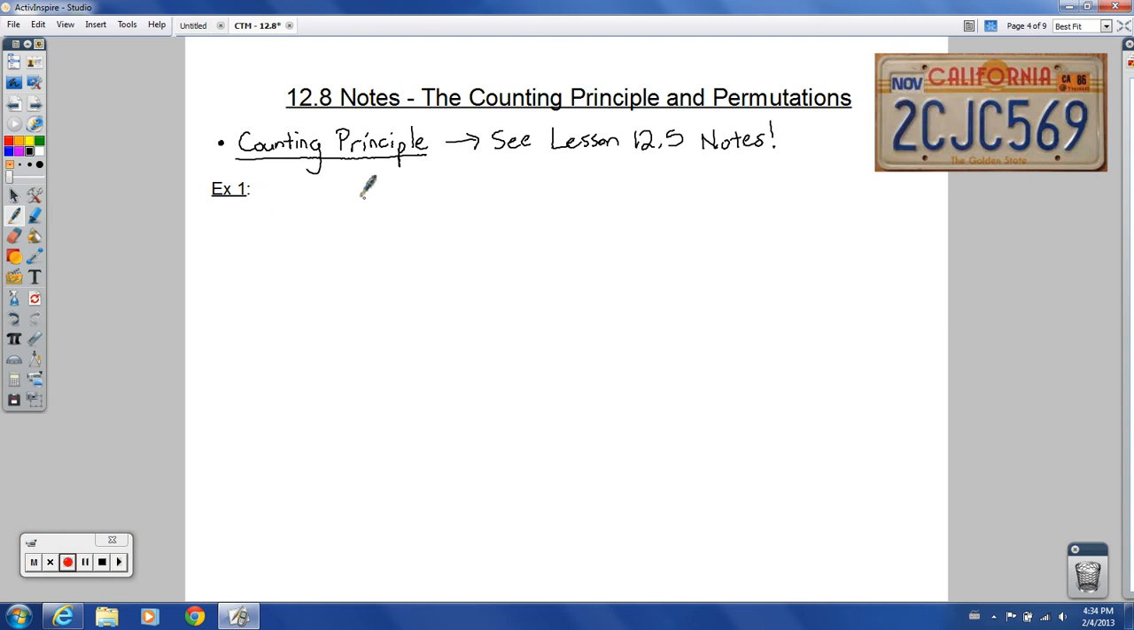We are going to use that in our first example here. This first example will deal with what you see over here. This is an old school California license plate, 1986. Wow, that is way back there. But typical California license plates are determined